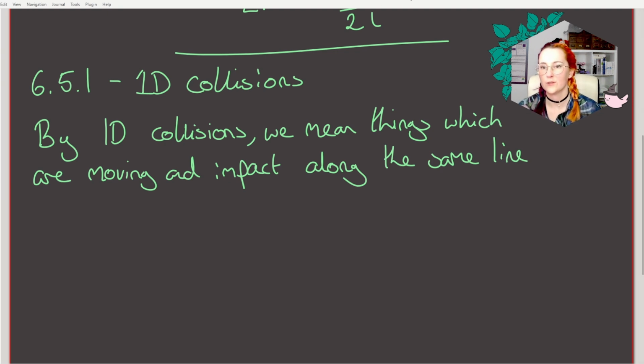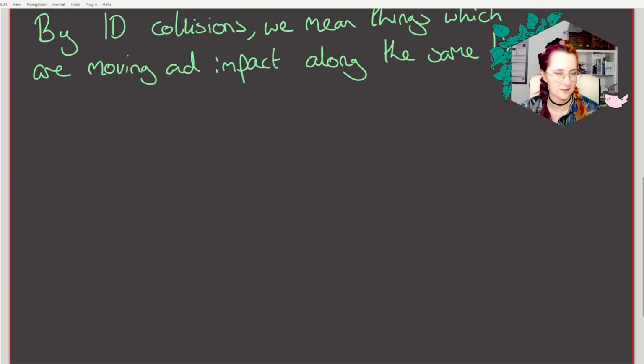Okay, so in order for us to start doing collisions, we have a new rule to introduce. And this is something that I used a lot in my PhD, but